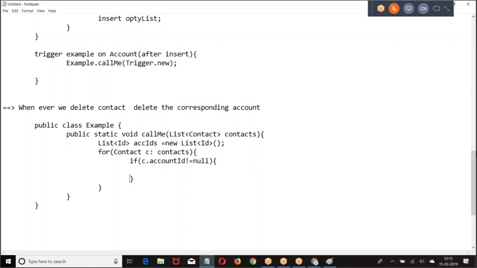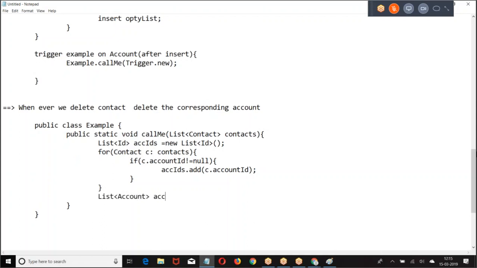If the contact's account ID is not equal to blank, then add them to the account list. If the contact we are trying to delete has any account ID, get those accounts, then straight away write the SOQL query.